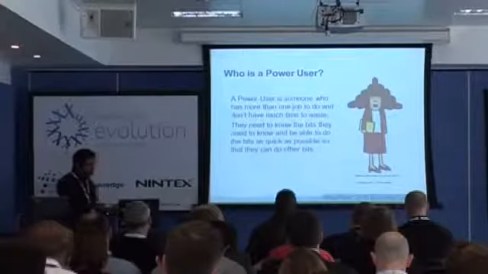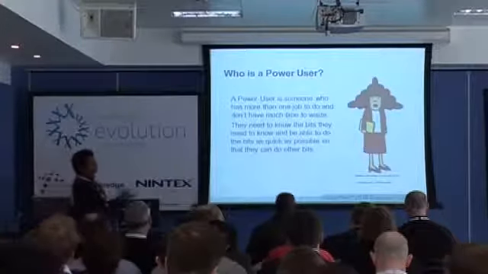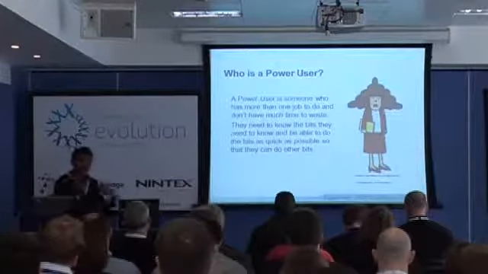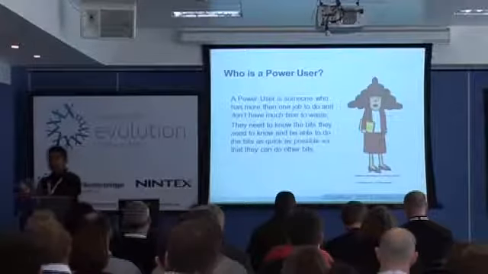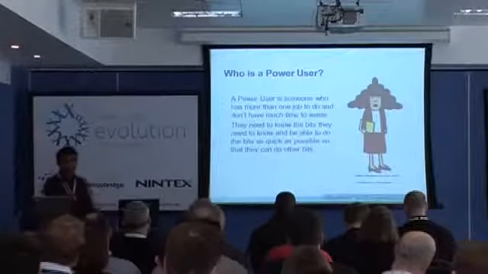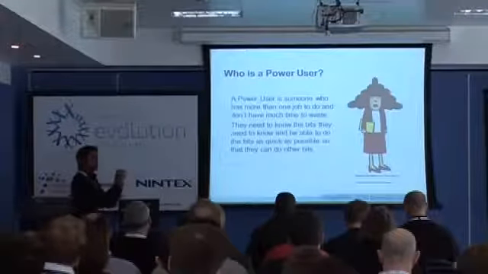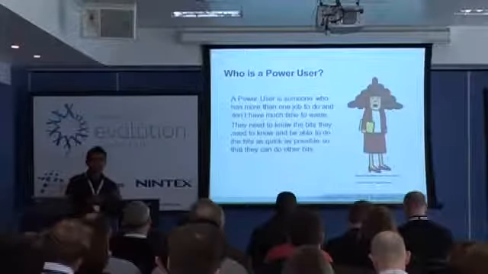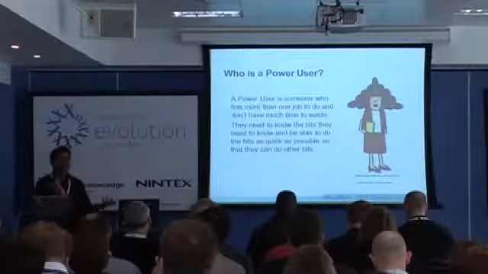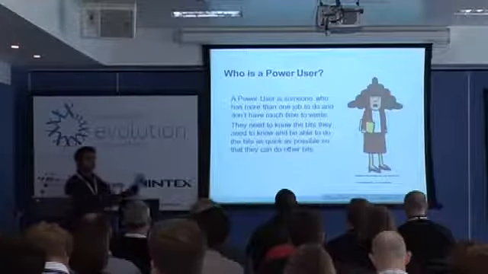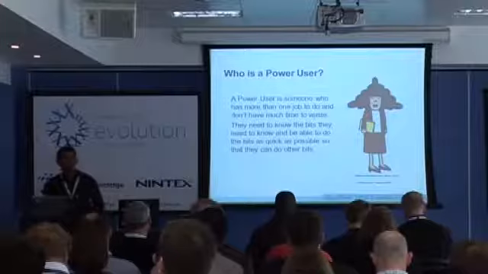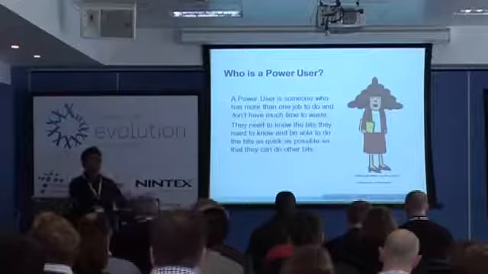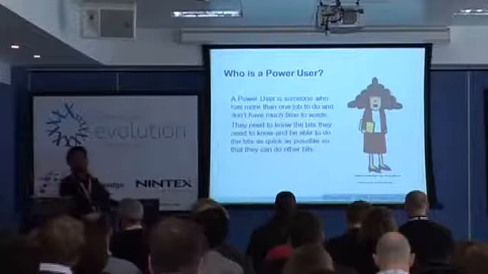A power user. I just came up with this because a power user is someone who has more than one job to do. Say, for example, in an HR department, you've got an admin who might be creating content, but it's not just that job that they're doing. They're doing a whole lot of other stuff. And if you introduce a whole lot of complexity into your content management process, that person is not going to like you, because they've got other stuff to do. So all they want to do is just make it work. All I want to do is create this page and get it done.